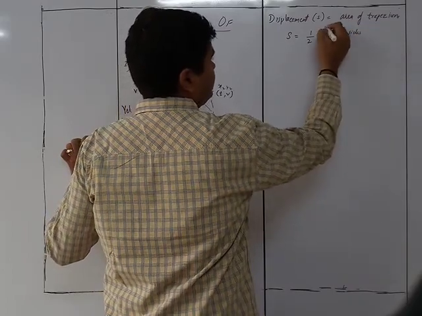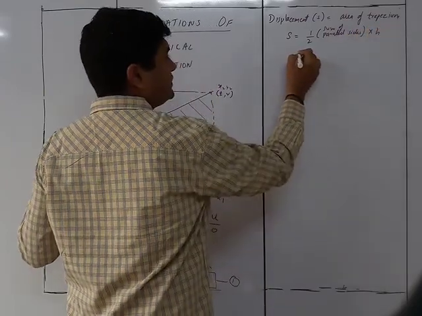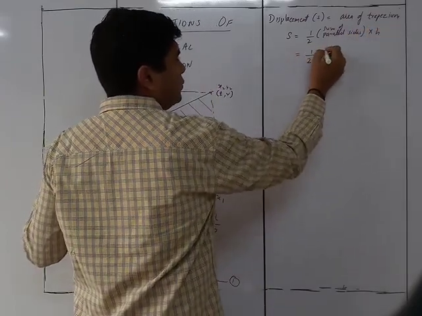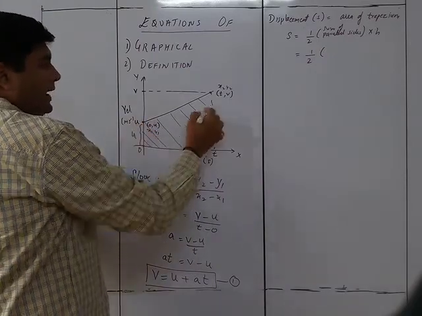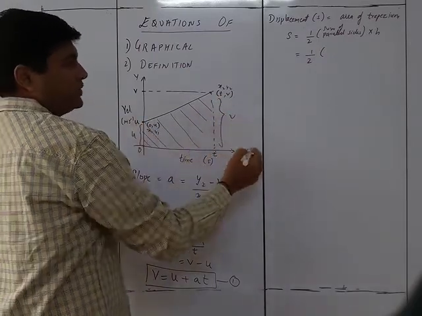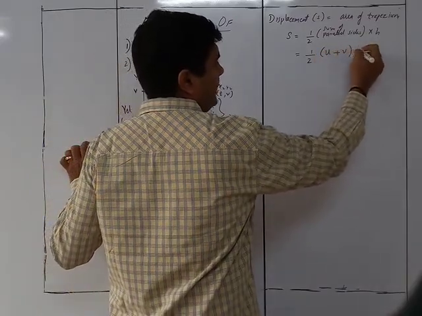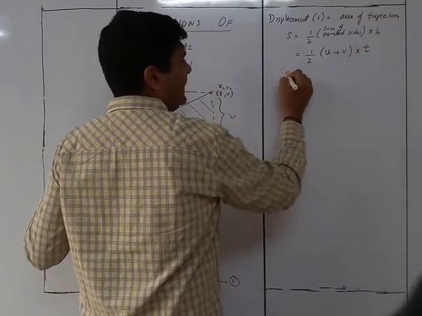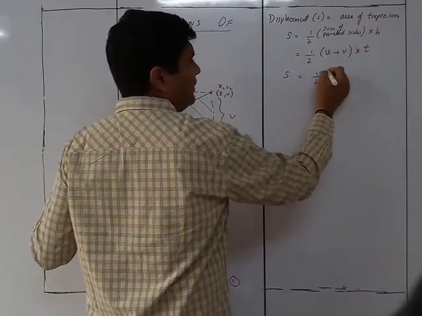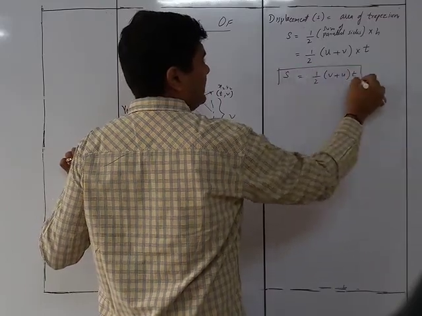So sum of parallel sides into height, that is nothing but 1 upon 2. Now, what are parallel sides? Over here, this distance is u and this distance is v. So it is u plus v into h, and here h is t. So S is equal to half (v plus u) into t becomes my next